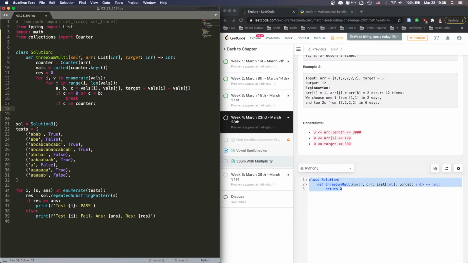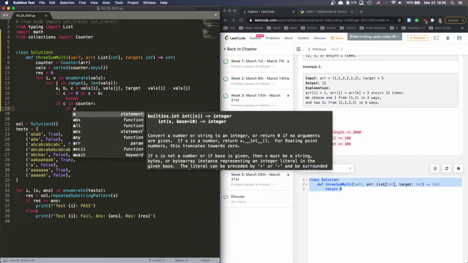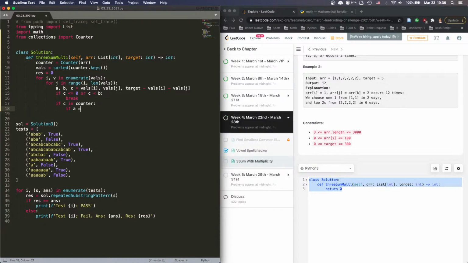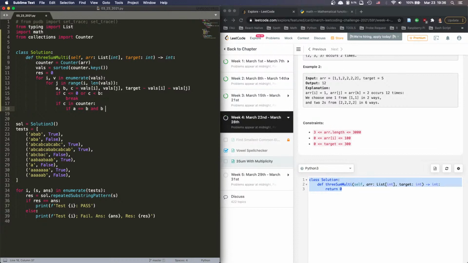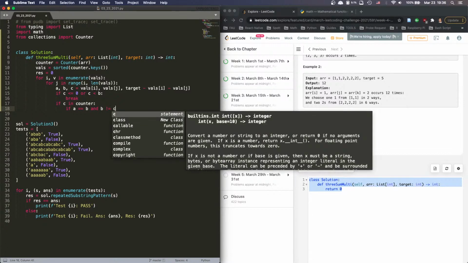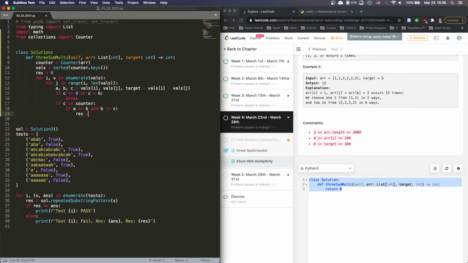If A and C are equal, then B must also be equal to them. So what we're going to say is, if A is equal to B and B is not equal to C, then res plus equal